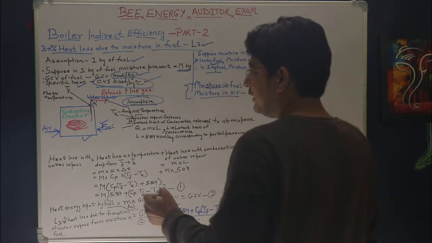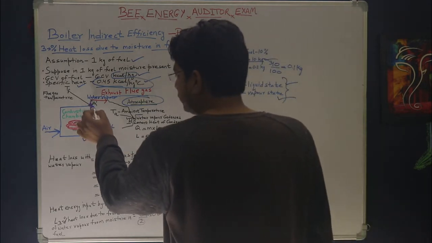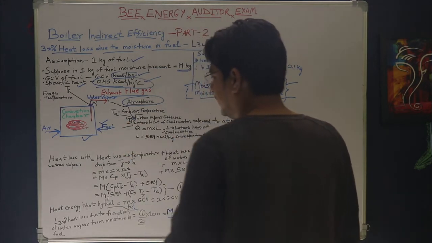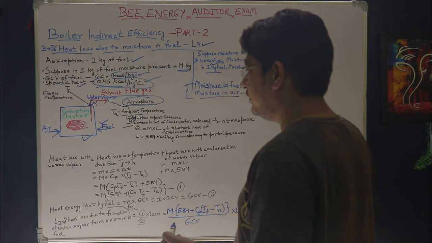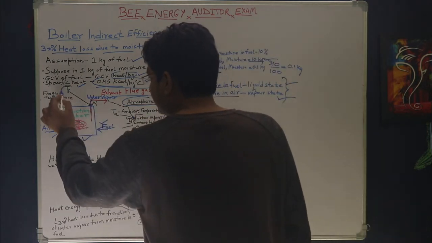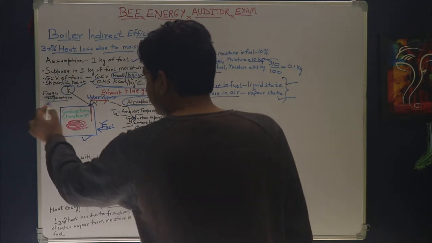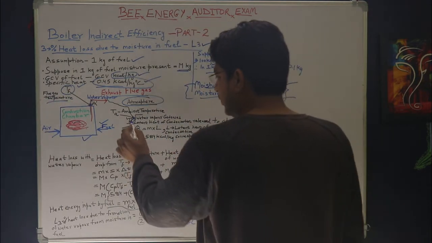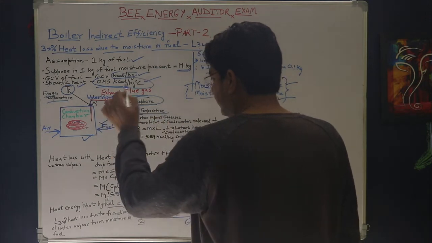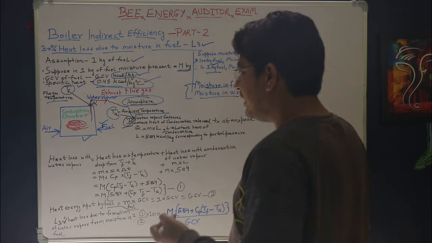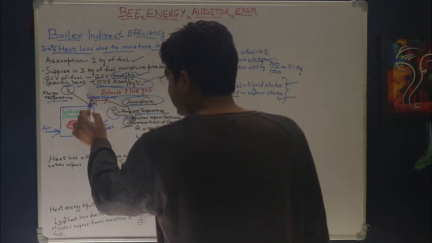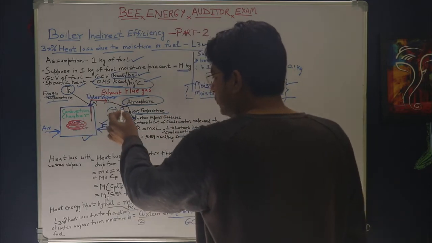So here I have taken a point in the exhaust, that is point A, and I have assumed a point B somewhere in the ambient space. The temperature of point A is Tf, that is flue gas temperature, and the temperature of point B is ambient temperature, that is Ta. Now as you can see here, the water vapor, which has a temperature of Tf at point A, is moving towards